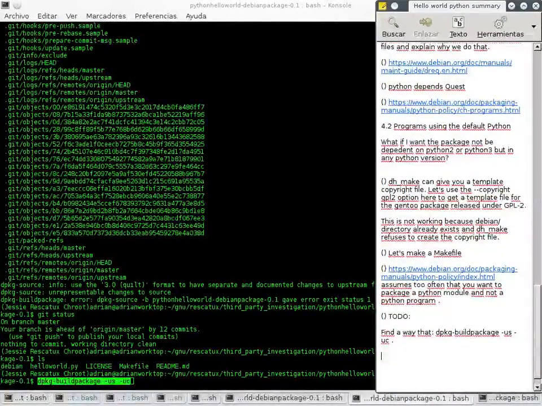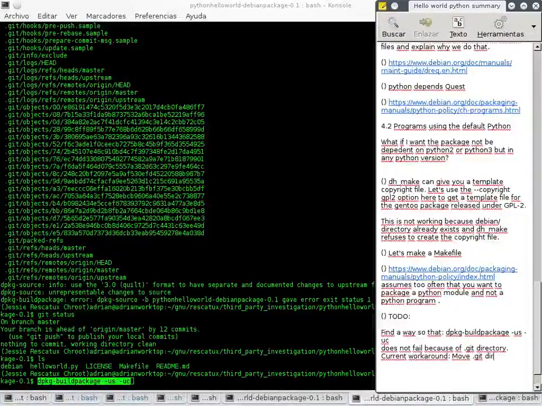Well, you can, but you usually are not. Find a way so that this command does not fail because of the git directory. Current workaround: move git directory away. Okay, so now